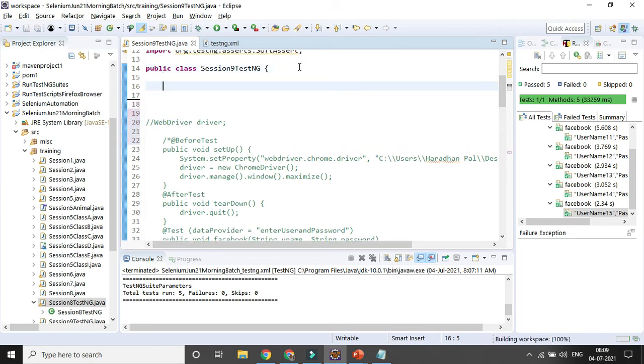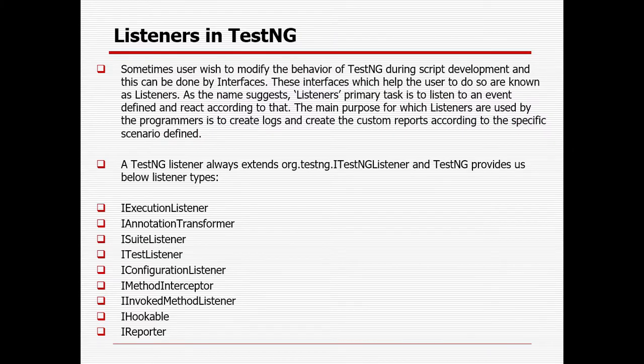Because sometimes your test case passes or fails, right? So in the framework, for each and every test case you want to get the failed result, the passed result, or add a screenshot, right? So you will add it in the particular listener method, so that in case you want to get the result or the screenshot only for the failed cases, you will add it there.